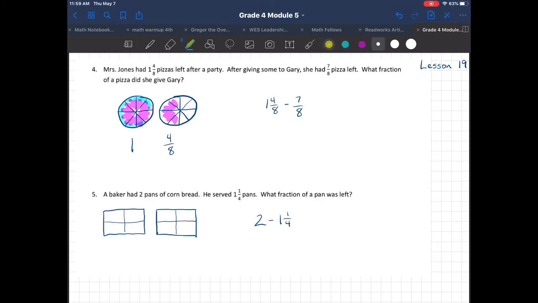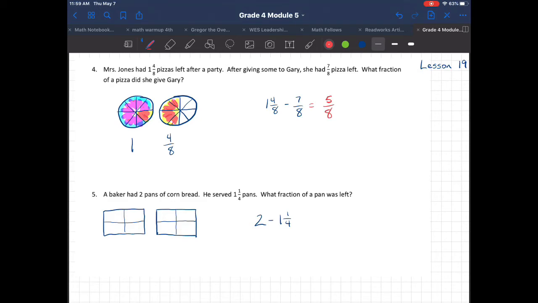So what she must have given away is all of this must have been gone and that must have been gone, right? So from my diagram, I can see that she gave away a total of 1, 2, 3, 4, 5 pieces. So I think 5/8 is our answer. But